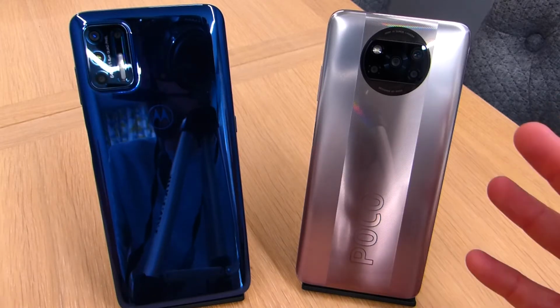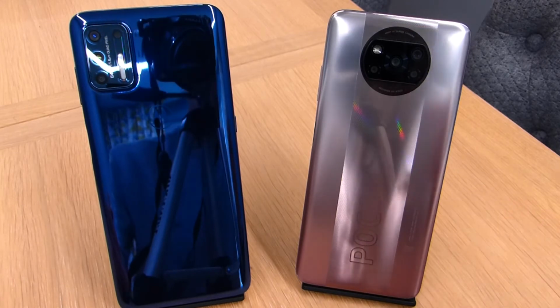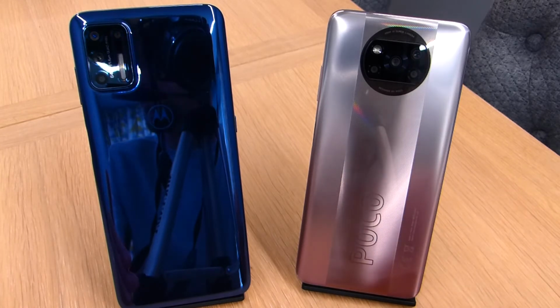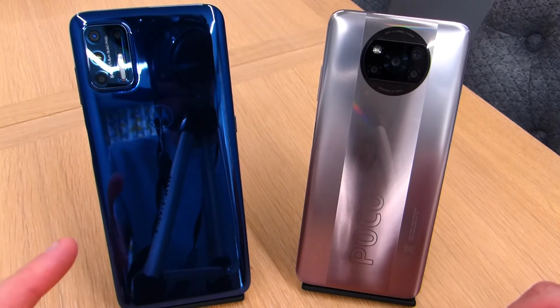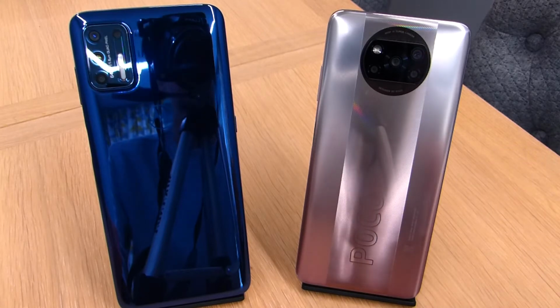As for storage and RAM, the G9 Plus has 4GB of RAM and the X3 Pro has 6GB. There are more configurations available, but I'll just be talking of the models that I have here. Both of these have 128GB of expandable storage. The only difference here is the G9 Plus has UFS 2.1 storage, whereas the X3 Pro has faster UFS 3.1